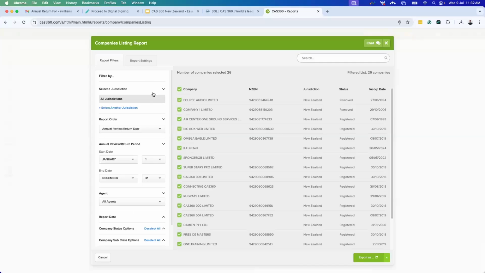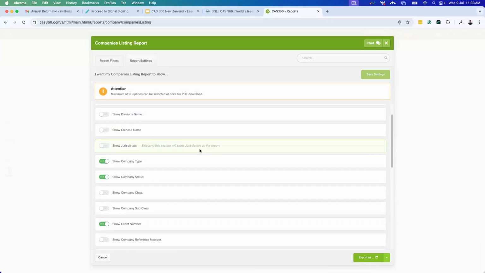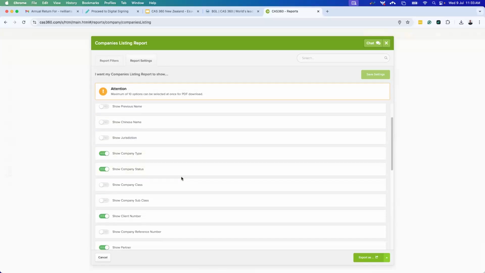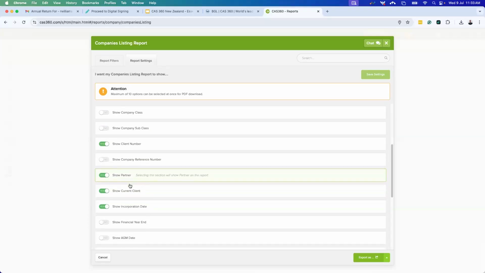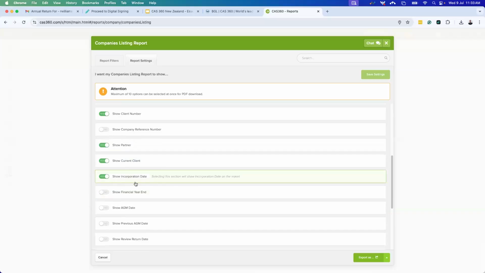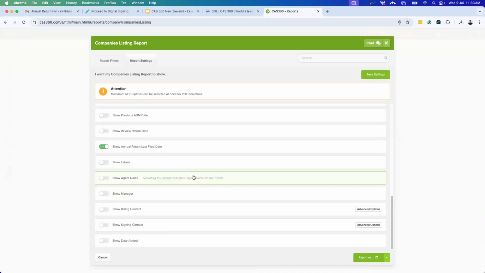Now, we can also adjust the report settings and what will be shown in that report itself. So maybe we do want to see if it's a current client. Maybe we do want to see the partner that's associated with it. Maybe we do want to see the incorporation date, but we don't want to see the labels, for example. We can just turn that one off, nice and simple,